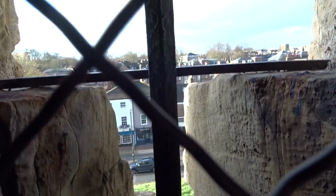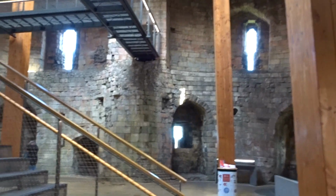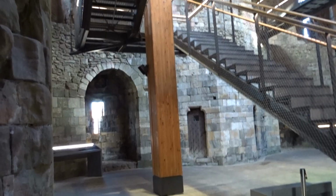We're out again. Can't see much out of there, but well worth a visit if you come to York. Even for £10.50. I'm sure Dom Joly wouldn't agree, but